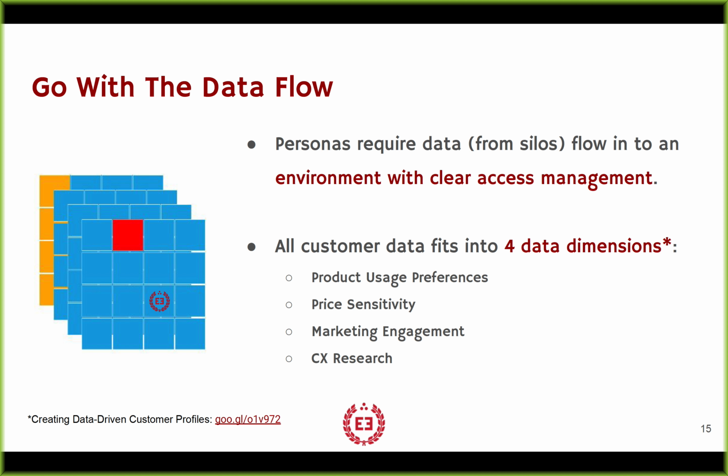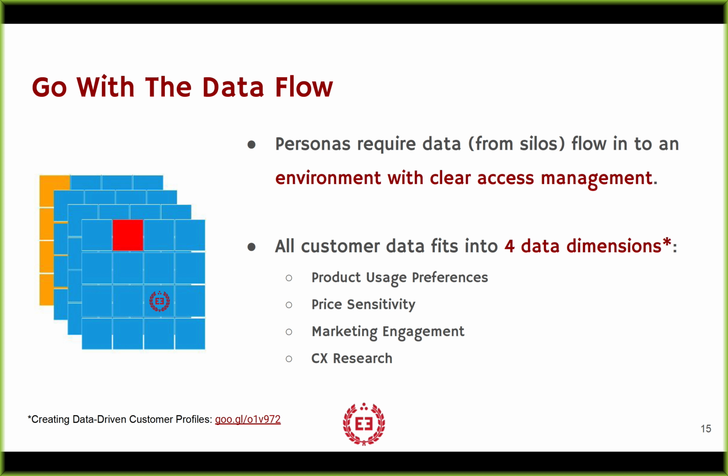And those dimensions that we've covered before, they're product-related things, usually about usage. They're price sensitivity. This is really important for you to understand. Price sensitivity is one of the things, if you don't know that right now, that is the best place you could go spend money as an organization to try to get a sense of where you are. Because the chances you're leaving a lot of money on the table that you're not capturing, that isn't real value that your customer gets, they would happily pay if maybe you could divide them into personas and price them differently with different products.